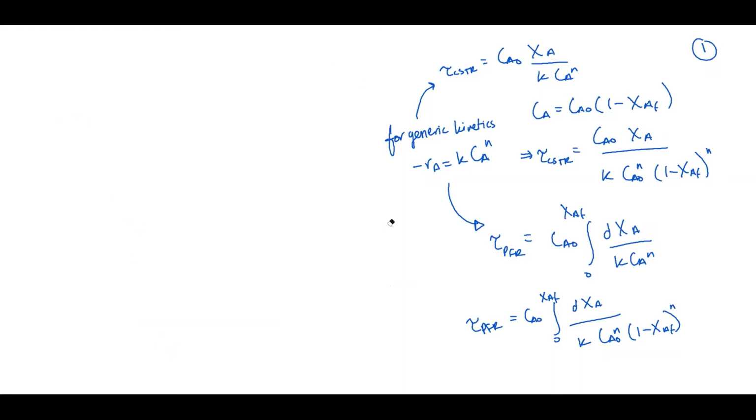Now we have the two taus. Let's try to calculate the ratio here. So I'm going to have tau CSTR over tau PFR, and this will be equal to, I'm just going to write the final expressions here,